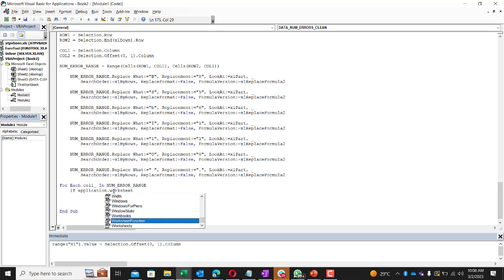So I'm going to find a way to highlight the cells that have text within it. I'm going to use that for each cell in this number error range. If Application.IsNumber, using the cell, is false, and IsEmpty, the cell is empty, is false, then what we want to do,